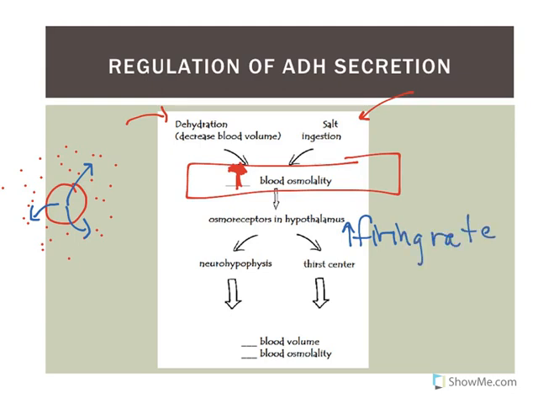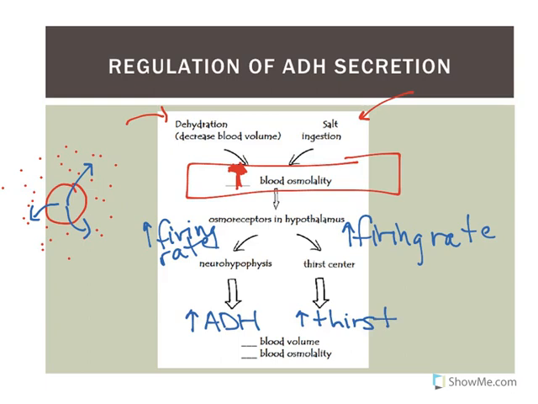So these are all in the nervous system. So increased firing rate, and this is what happens. You get firing rate, and remember, the synaptic knobs are located there in the neurohypophysis. It's going to increase the secretion of ADH. There's a thirst center in the hypothalamus, and so it increases thirst. So both of those together would help to increase blood volume, which, because of negative feedback inhibition, it's going to